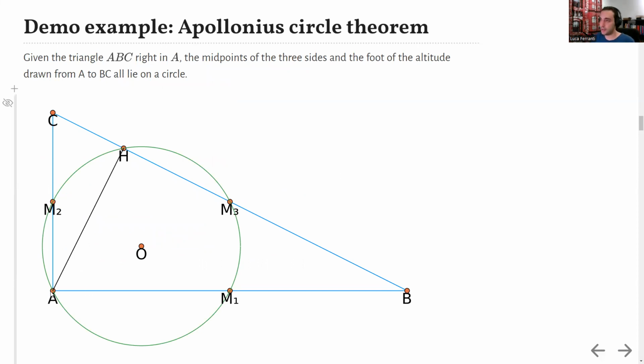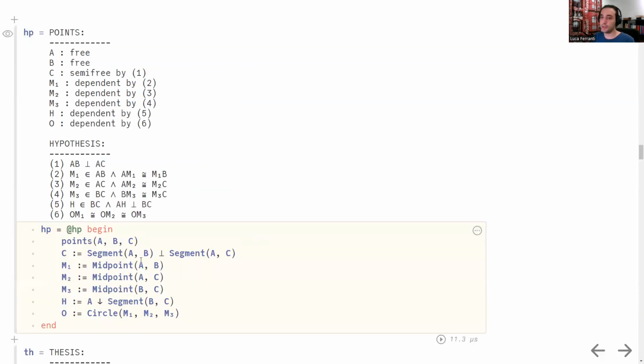So let's consider this theorem called the Apollonius circle theorem, which says that if I have a triangle ABC right-angled at A, and I consider the midpoints of the sides and the projection of A to BC, these 4 points, M1, M2, M3, and H are on the same circle. How do we do this with GeometricTheoremProver.jl? We have this @hp macro, which allows us to write the statements,